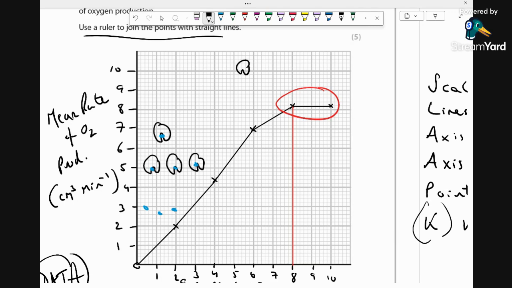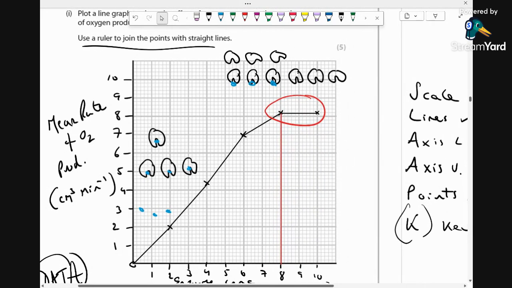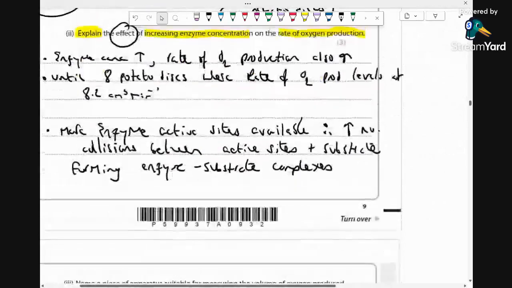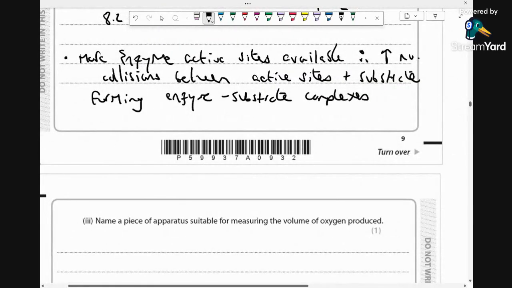If you were to increase enzyme concentration up here by a lot, right, you essentially run out of substrate, right? So imagine you've converted all these, you've got this substrate left, you've now ran out of substrate. So essentially adding more enzymes, adding more active sites isn't going to help you because you're already binding the maximum amount of substrate. Okay, so we need to explain that by saying the rate levels off